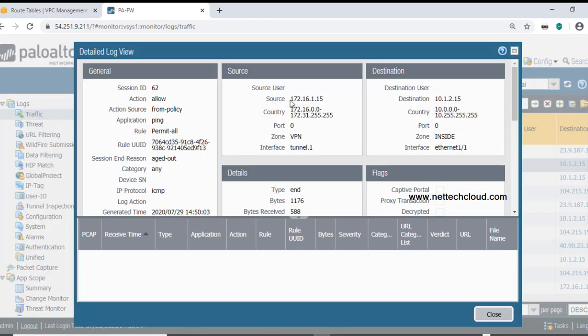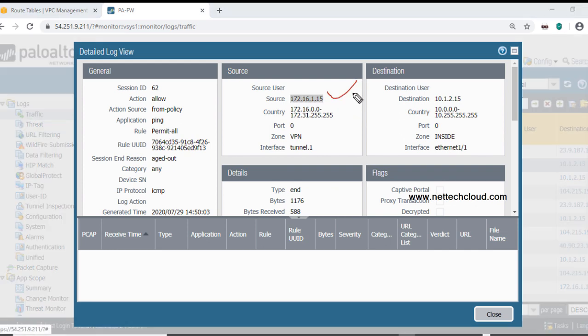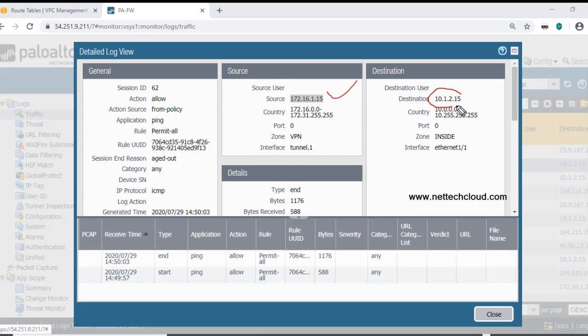Between this source 172.16.1.15 and the destination 10.1.2.15, the application is ping, rule permit all, right? So the protocol is ICMP, and the zone is the VPN zone. So perfect.